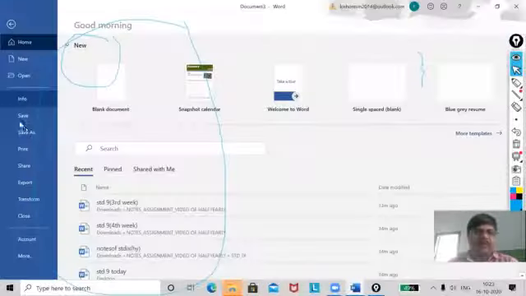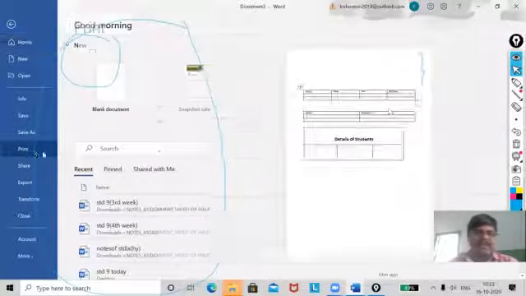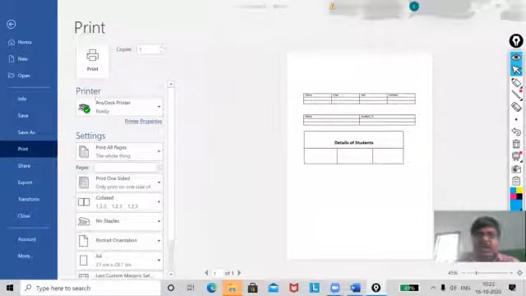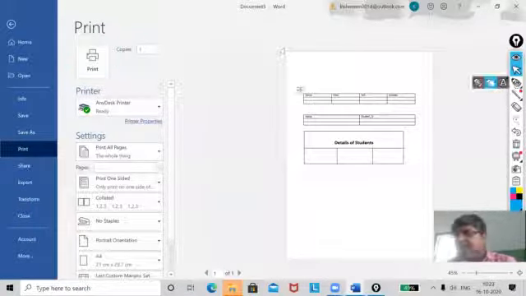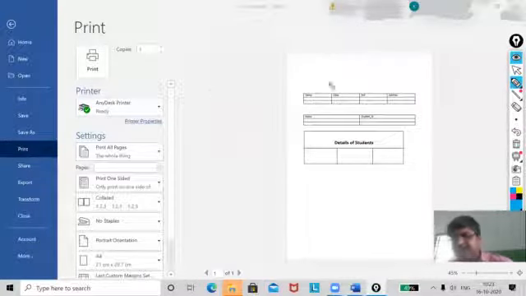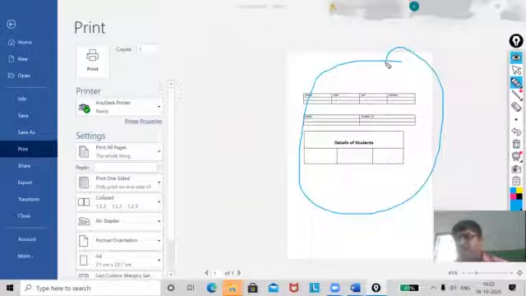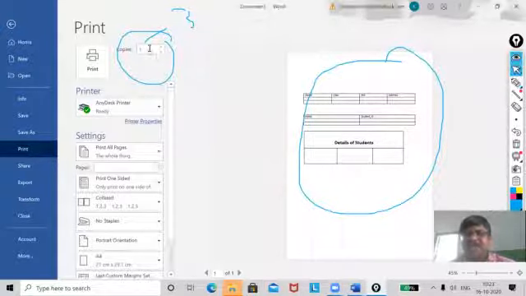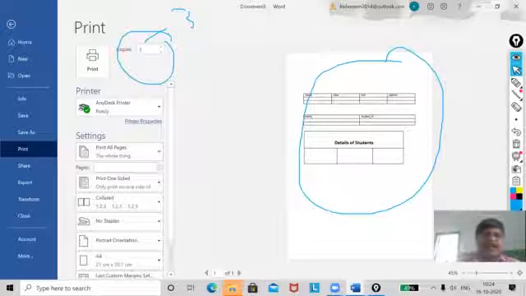But first of all I want to see the settings, number of copies. If I want to print this page 3 times, then the number of copies has to be changed from 1 to 3. You can click here to increase and decrease, or you can directly type 1, 2, 3. It is up to you.